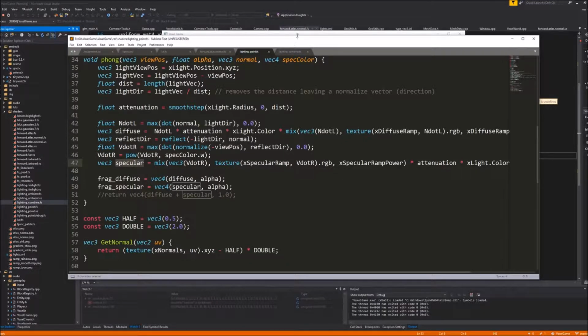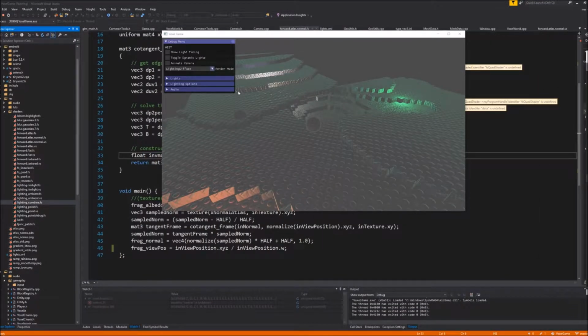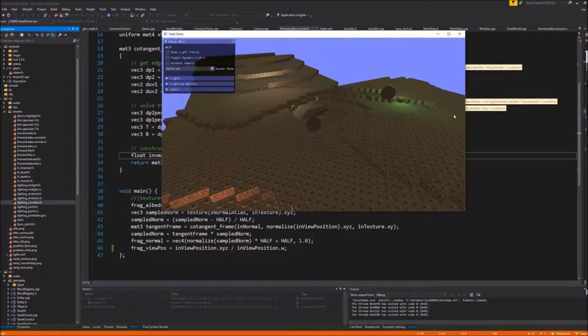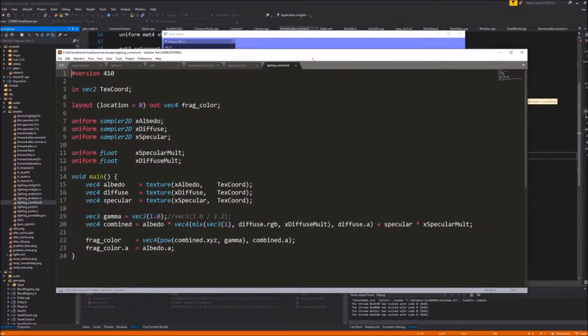And then once we have these lighting accumulation buffers, like these two here, we can mix them back in with our albedo to get our final result before post-processing. So this is our combination shader. So basically what we're doing, we're getting our albedo, our diffuse and specular, sampling them and mixing them together,